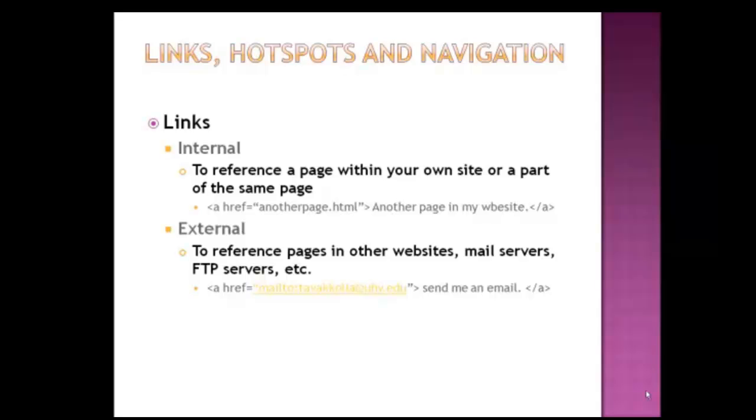There are two fundamental types of hyperlinks. There are internal hyperlinks and external hyperlinks. You use internal hyperlinks or internal links to create links to different sections of a single page, or to link to other documents and sections within other web pages that are in your own website, or in the current website that you are developing. And the example is basically using simply your A tag,